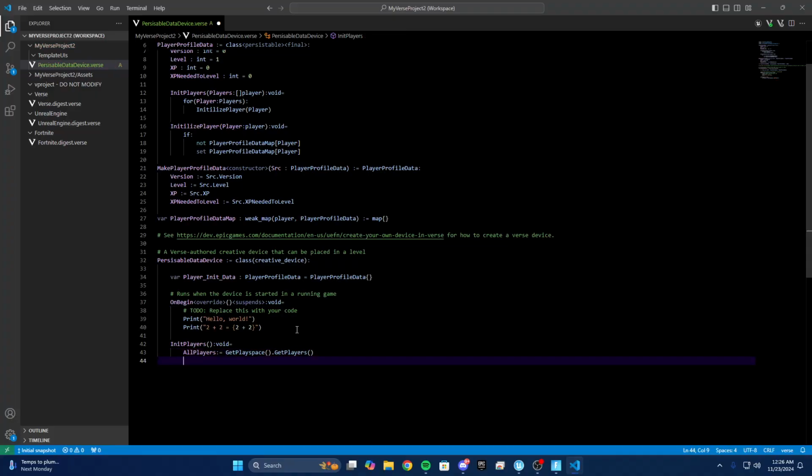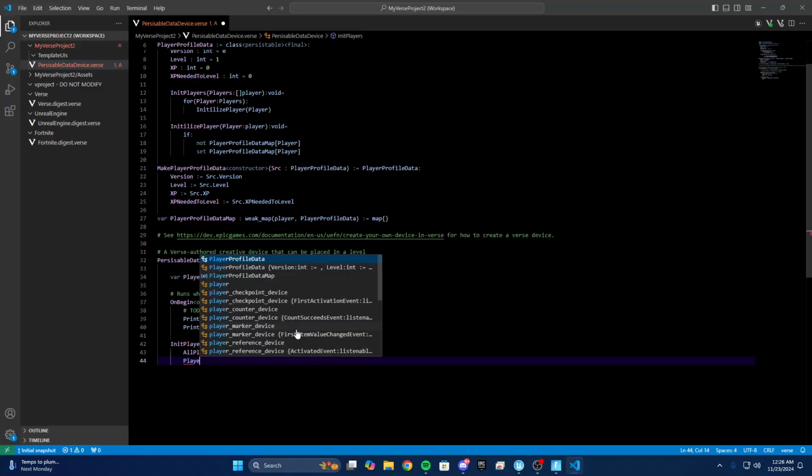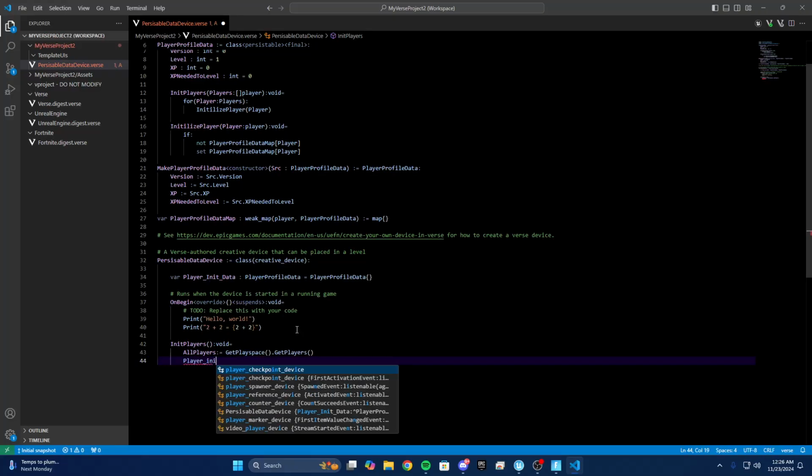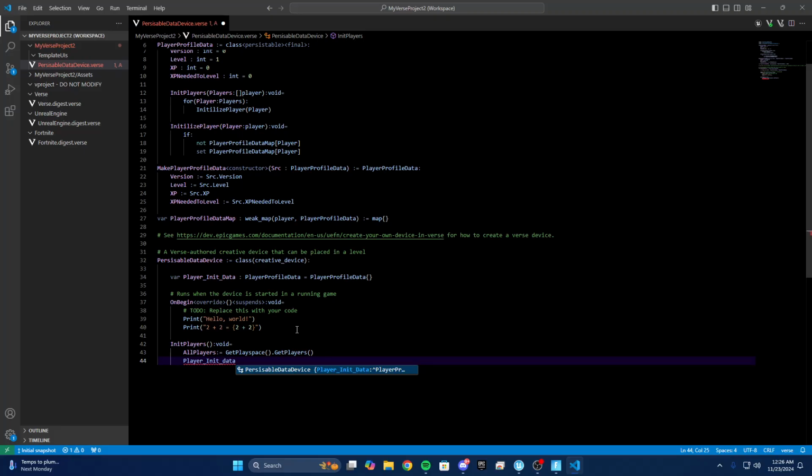Okay, and we're going to say player underscore init underscore data, just like that. Is then gonna be dot initialize